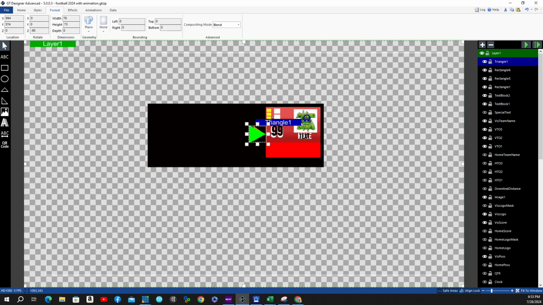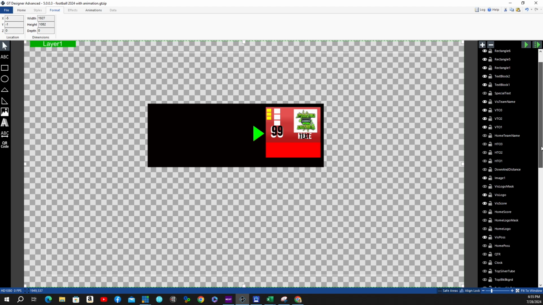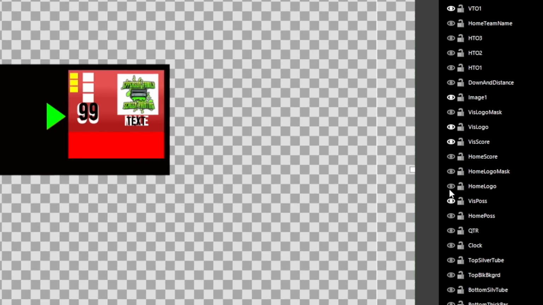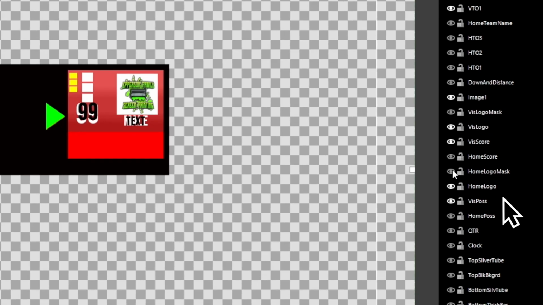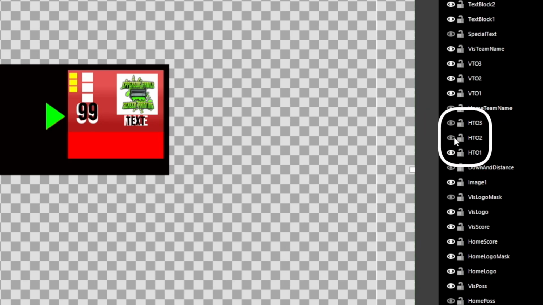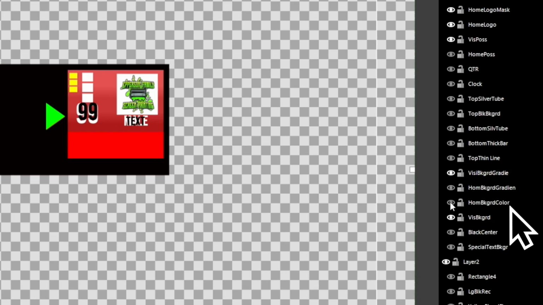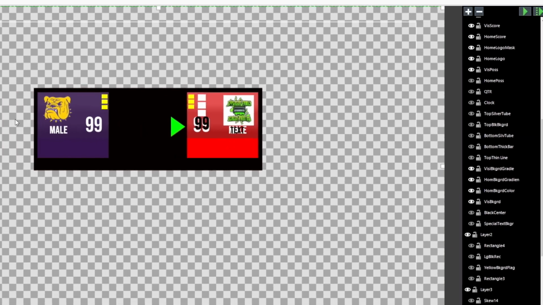where we want it. So for the home team elements, all we're going to do is capitalize on what we've already done. Let's go ahead and turn on the home team elements. So we're going to turn on home team logo mask, home team score, and then the home team timeouts, home team name, home team background color, home team gradient, and that's all the